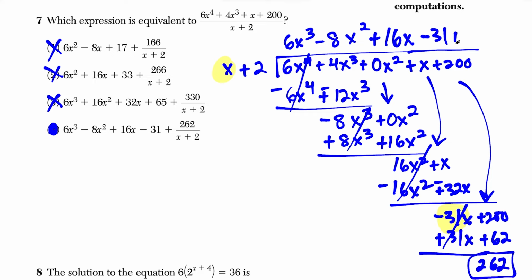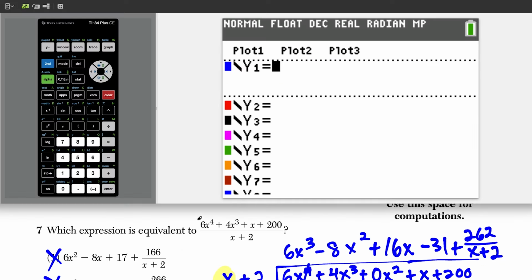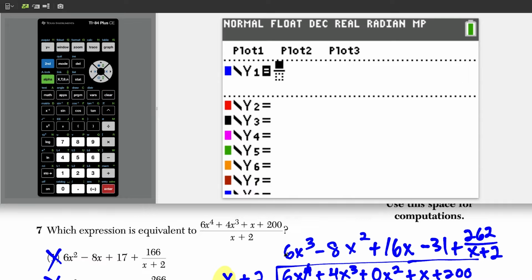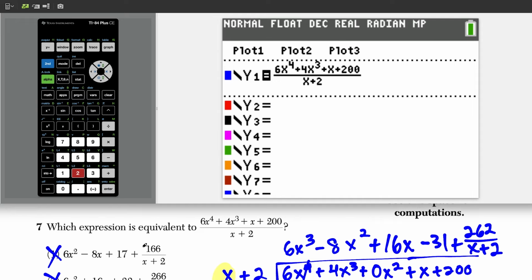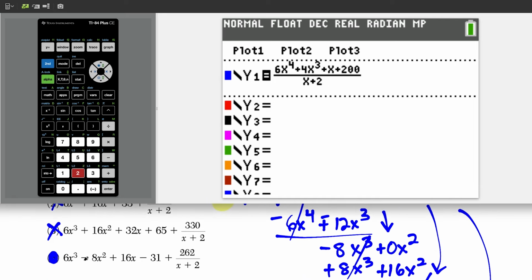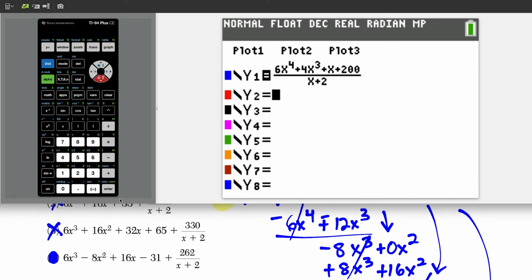So up here, I would write plus 262, but we are dividing by x plus 2. So that's how we know choice 4 is definitely our answer. But remember, if you really don't want to do this by hand, you can use the calculator. So I could press alpha y equals enter, and I could start by writing the original expression. The only disadvantage here is that if we do it this way, we have to type all the way to the end until we get choice 4. So if I type in choice 4,